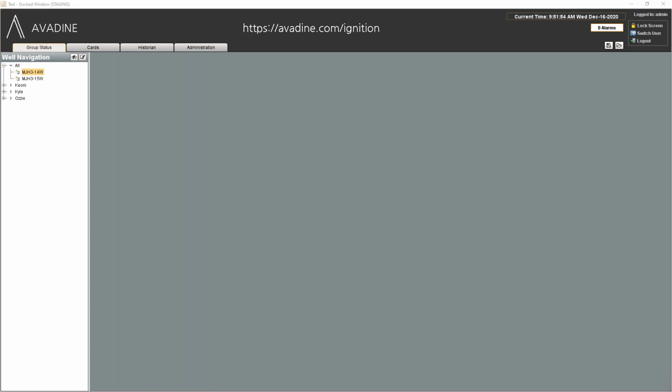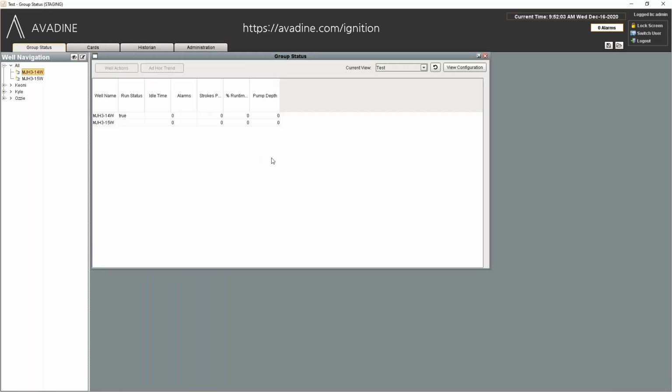In this demo, we developed a solution for those POCs, and one of the great powers of this group status table that I'm going to show you is that it allows you to show data in real time as it's coming in from your devices or from your main source. Each individual column is going to be an attribute about that well that is coming through. And what I said about being customizable is that this view that I've built here is something you can build on your own. This one right here is just a test. It's showing the well name, whether it's running or not, the idle time, strokes, and then the pump depth